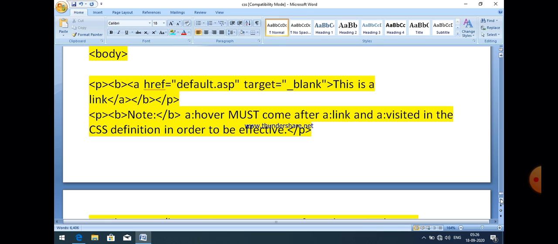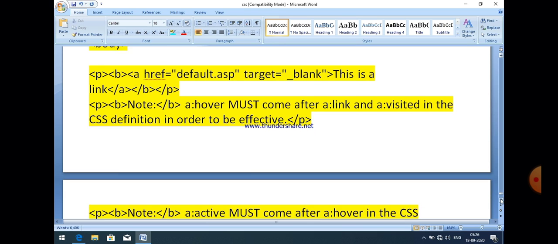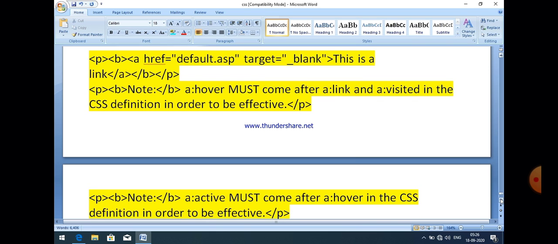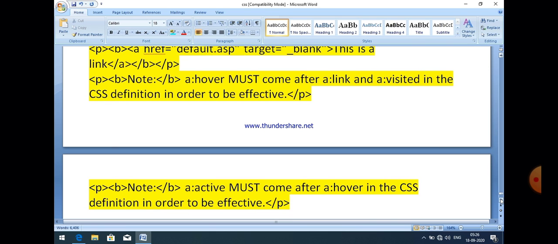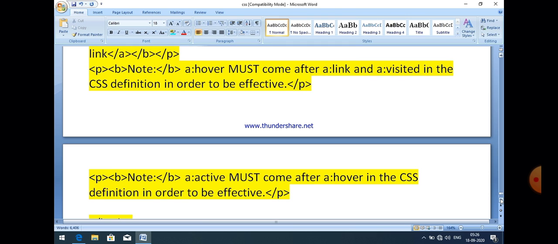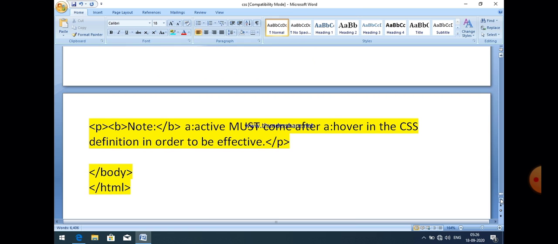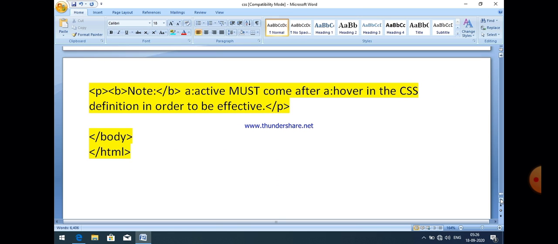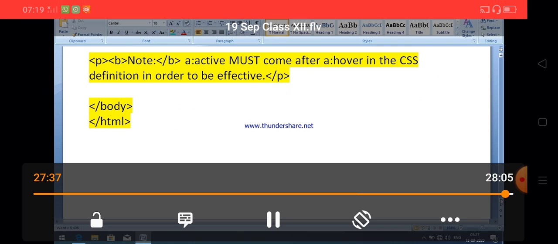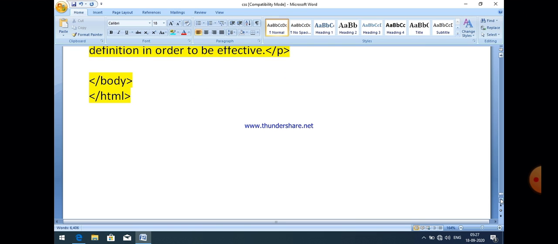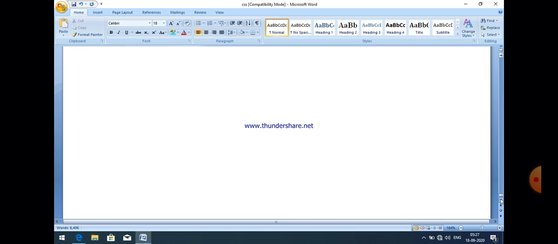So you can mention the link using anchor tag, and a paragraph is just after there, which says that a:hover must come after a:link and a:visited in the CSS definition in order to be effective, and that is a point we already discussed in the previous example. Next, there is another paragraph which says that a:active must come after a:hover in the CSS definition in order to be effective. After that, body is closed and then HTML is closed.